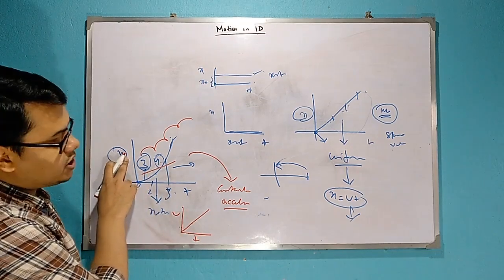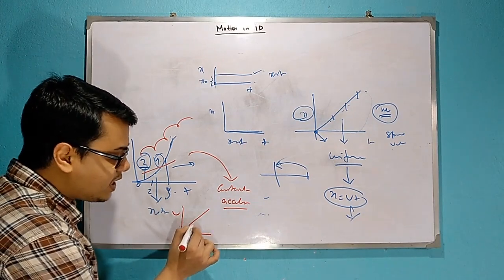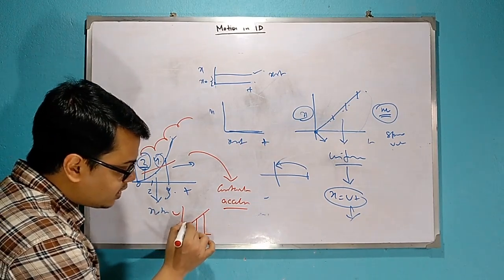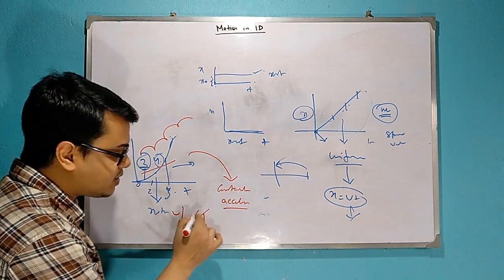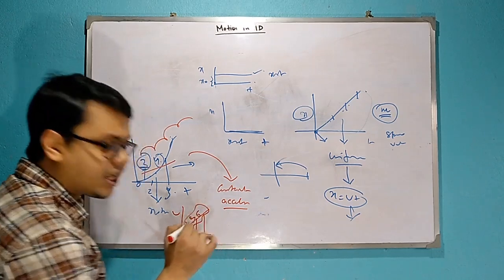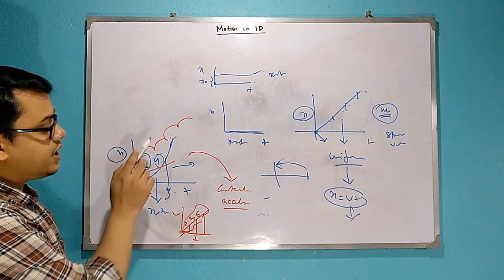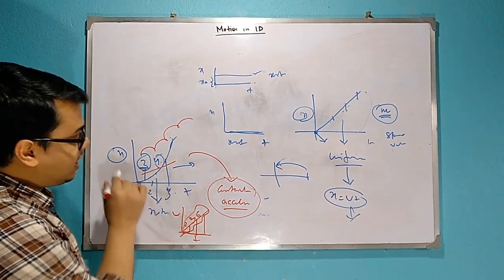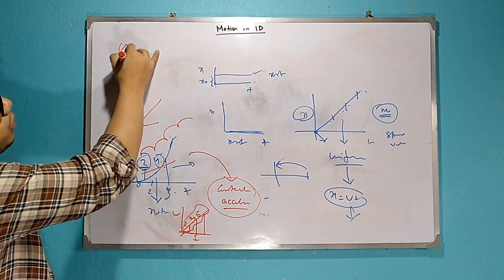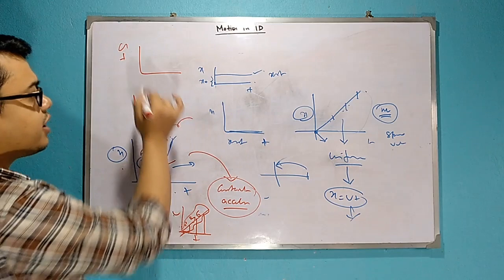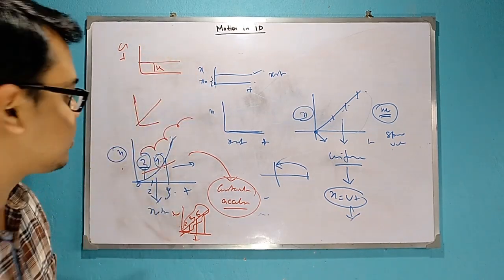This is the x-t graph, and this is the v-t graph. If it is in constant acceleration, that means v is increasing at a constant rate: 0 to 1 it is 2, 2 to 4 it is 4, 4 to 6 maybe 6. So the rate of change is the same, that means its slope is the same, that means it is a straight line. So if this is a constant acceleration particle, the x-t graph will look like this, the v-t graph will be a straight line, and the a-t graph will look like a constant. That means a is constant. Okay. So these concepts I discussed in the last class.